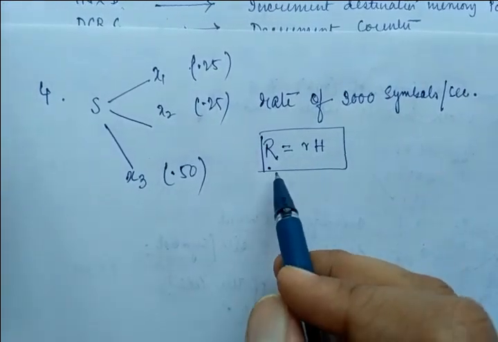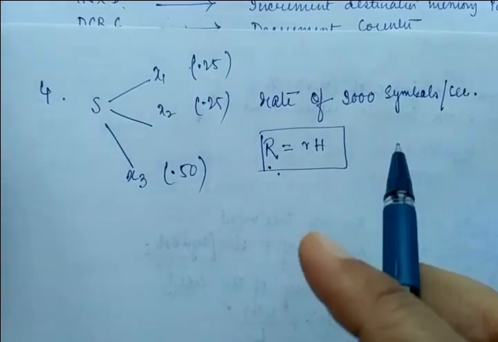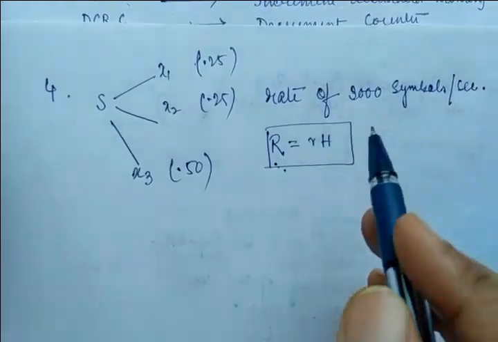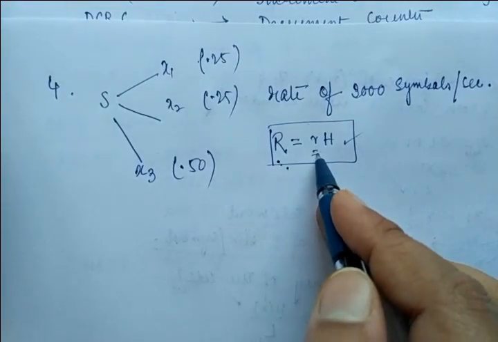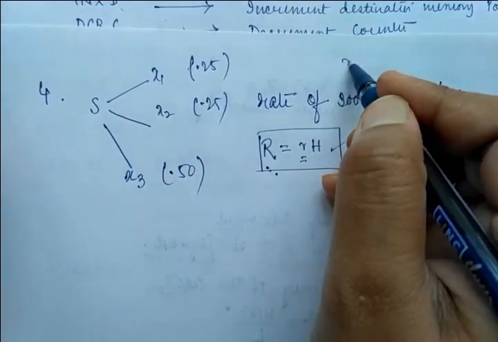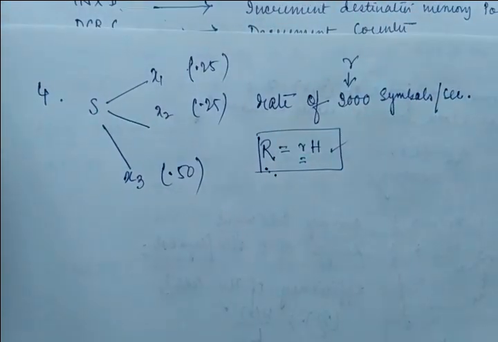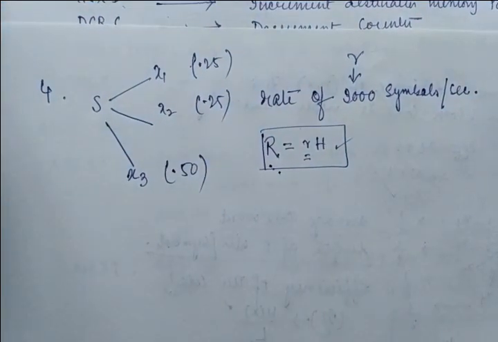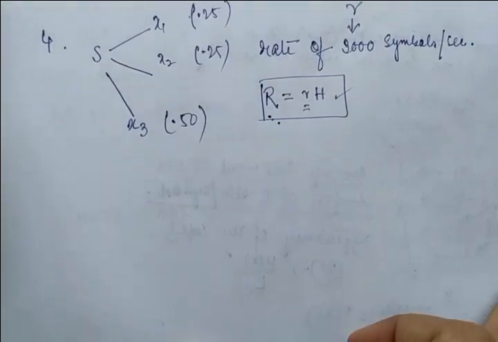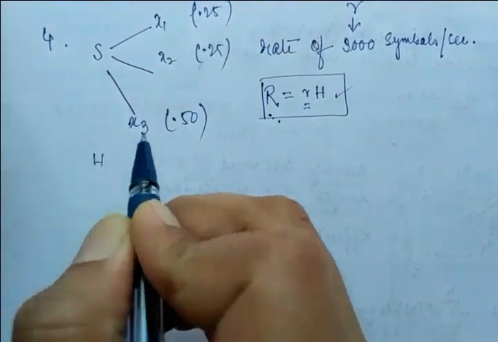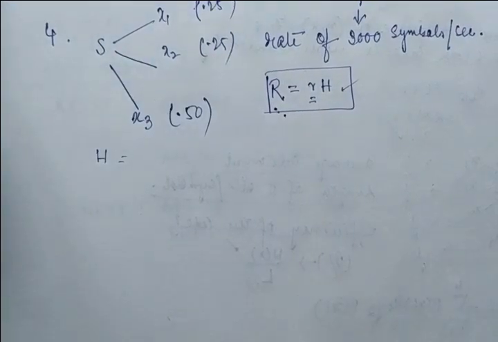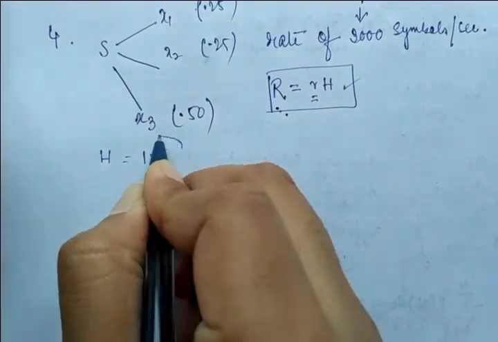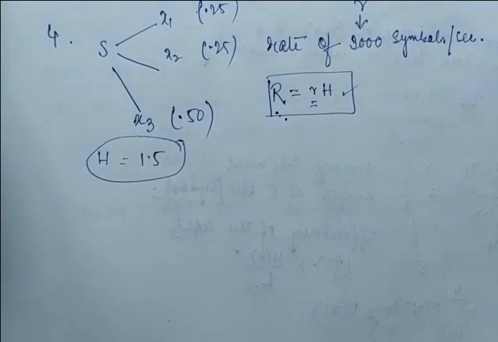So how can you calculate the capital R? If you are going to calculate capital R, before that you have to calculate the entropy, because small r is already given. So what is your small r? Small r is nothing but these 300 symbols per second, right? So please calculate H, and if you calculate with the simple formula, sum of P of xi log 2 of 1 by P of xi, it will become, I think, 1.5, which I have already calculated in your paper.